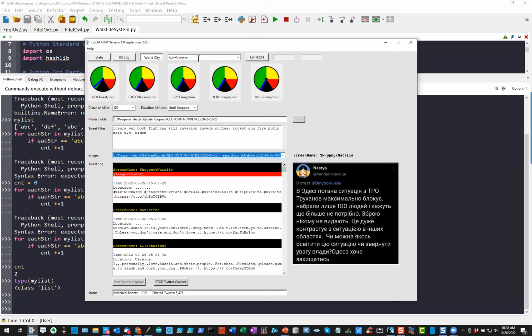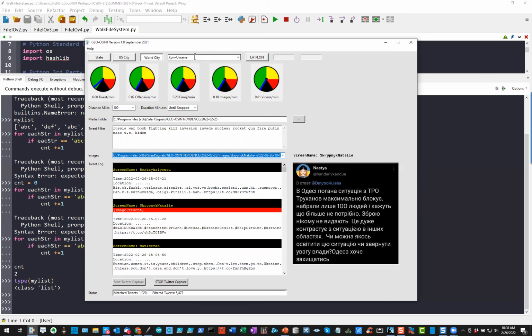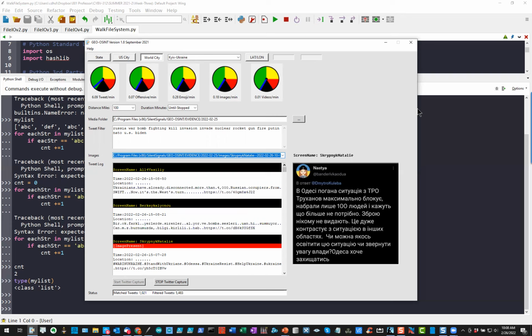So basically, I've selected a world city. I could select other places, but I've selected a world city, obviously Kiev, Ukraine, right? And I basically created a bounding box, let's call it a geofence, around Kiev that's 100 miles in distance. And I've set my duration until stopped. You could set it for as long as you want. So I'm using a Twitter third-party library called Tweepy that allows me to create a bounding box and collect tweets that happen live within that